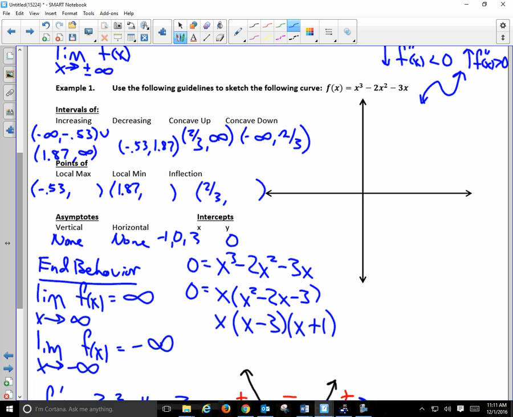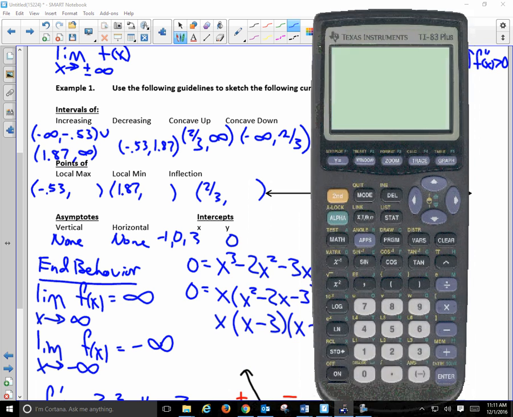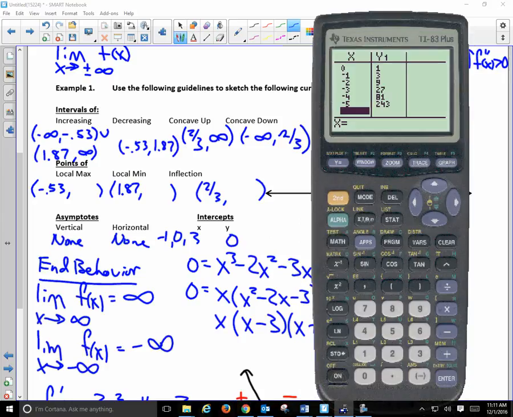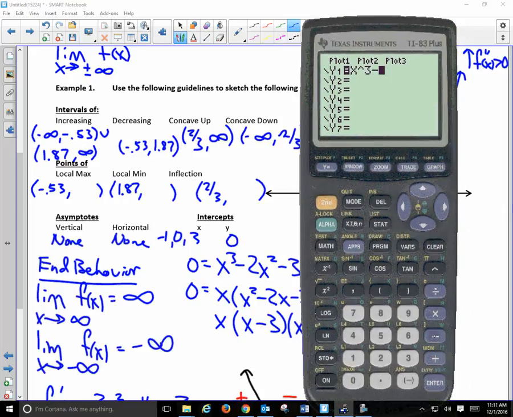This is part of the reason why I'm giving you your calculator on the test, because I don't want to write problems where you just come up with integer values and stuff, or maybe fractions that are fairly simple to compute. Here, when we type in our function, we're going to get kind of messy results, and that's why you can use your calculator. So x to the third minus 2x squared minus 3x,